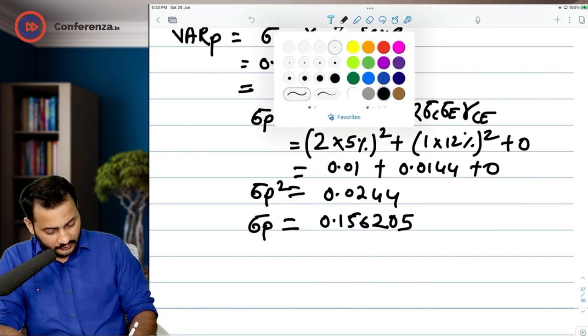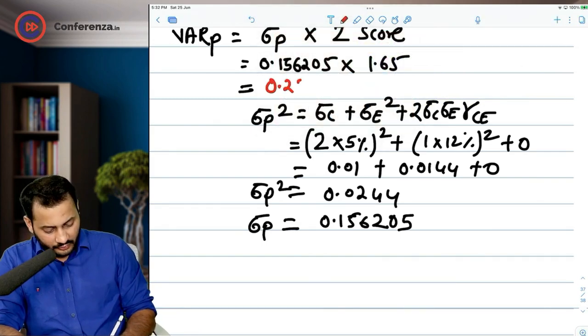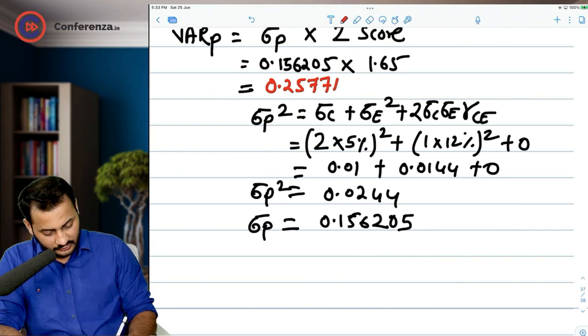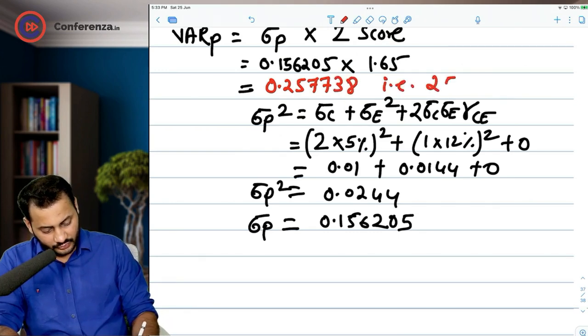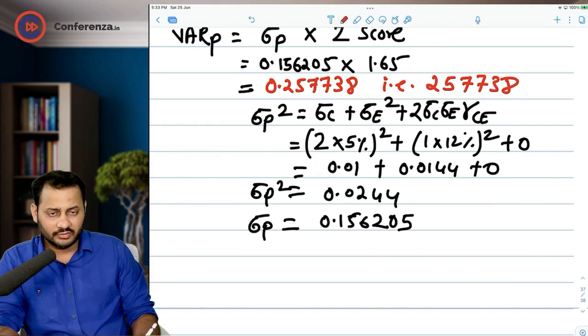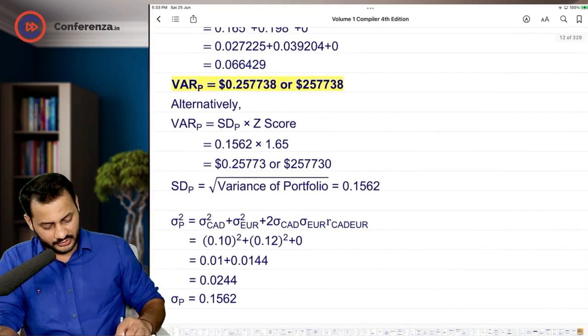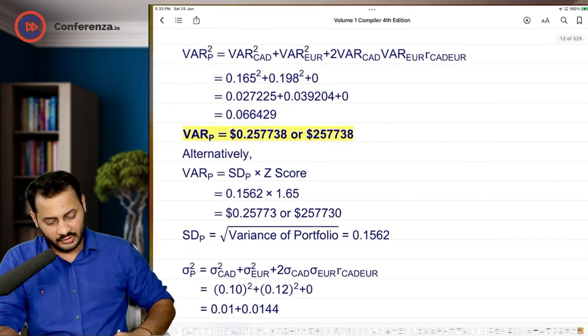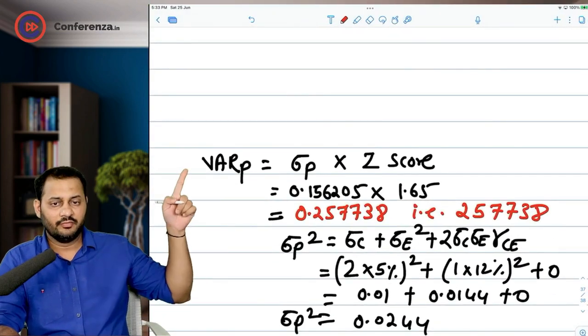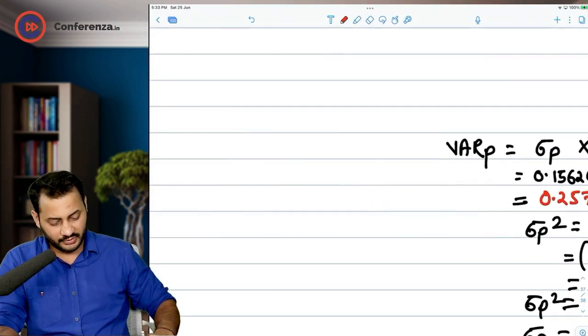Let's just write it down. 0.25774, that is 257,738. Let me write it down again. 257,738. You can just cross check here. This is one way if we go through the standard deviation of the portfolio, but there is another way that